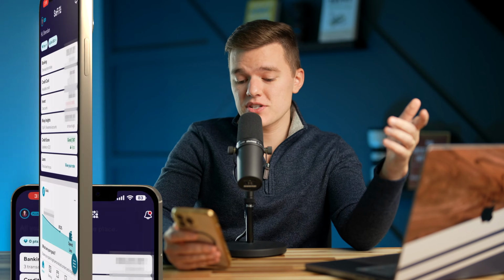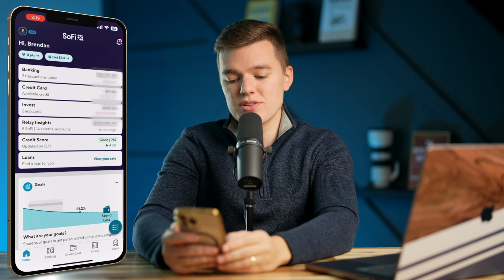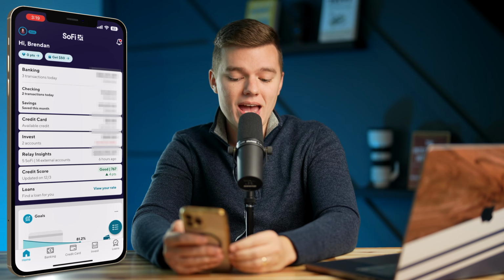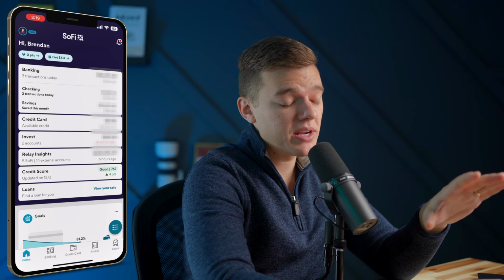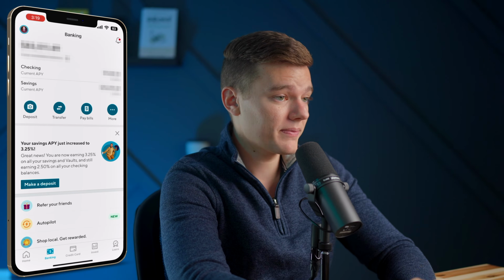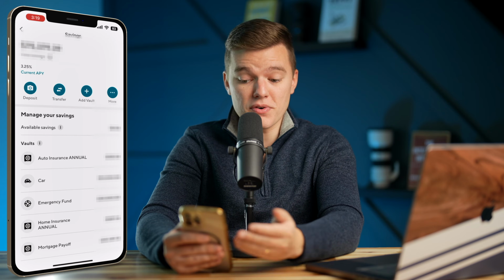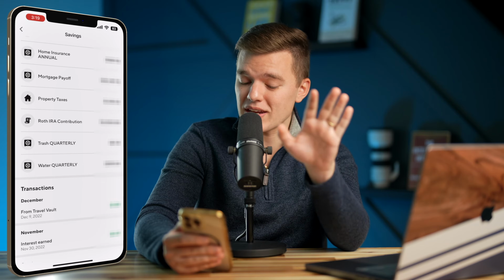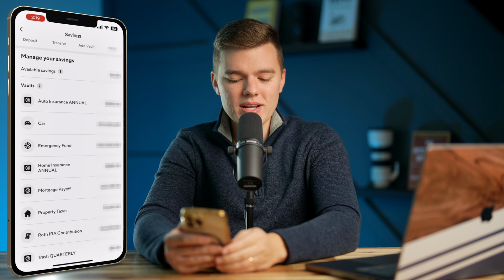But the Vaults feature is housed under the banking section, so you can either click on banking at the top of the screen or select the banking tab towards the bottom left. Now from here, you'll want to select savings, and this is where all of your vaults are going to show up. So you can see that I already have a ton of different vaults set up in here, which I'll explain in a second, but if you don't have any vaults currently, then this screen is most likely going to